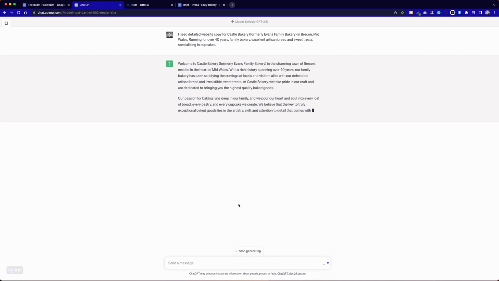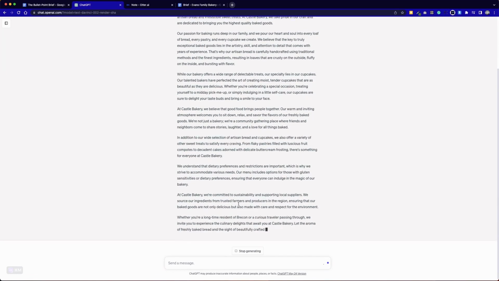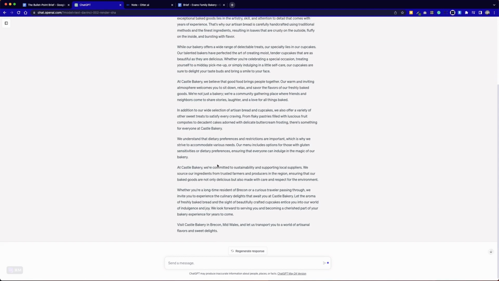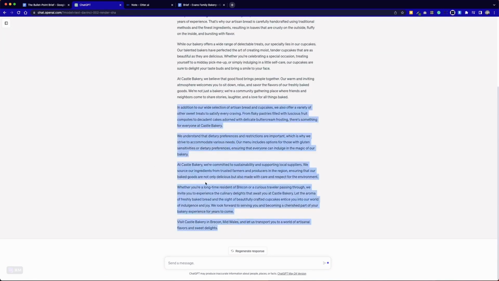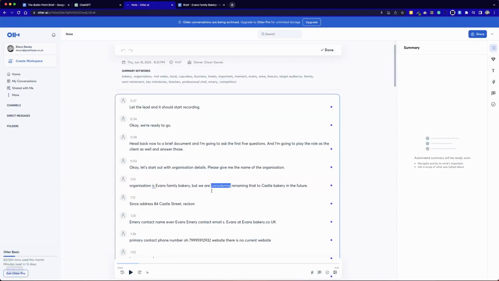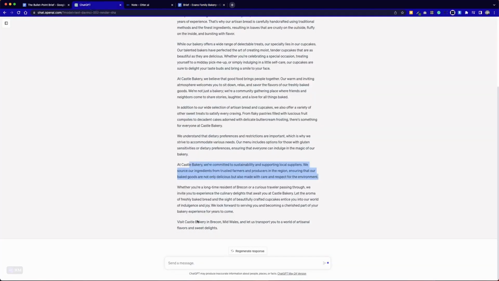Okay, it's doing a pretty decent job. A very good job, to be fair. I'd have chewed my arm off to have this type of content previously. To have it now, there's so much information here that we can take. But a lot of the content is going to be very generic. So: at Castle Bakery, we're committed to sustainability and supporting local suppliers. Yada, yada, yada. This is the stuff that everyone puts on their websites. But we can do so much more than that because we have more personality, more soul of the business here. So if I was to take this, for example,